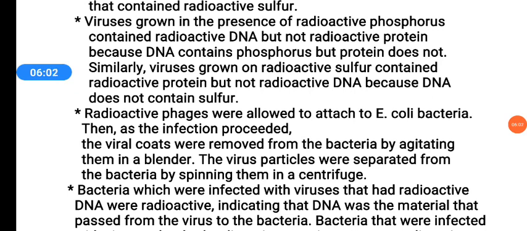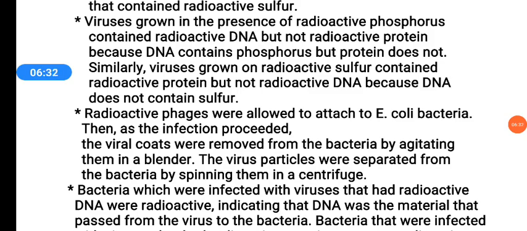The viral coats were removed from the bacteria by agitating them in the blender. The virus particles were separated from the bacteria by spinning them in a centrifuge. So here what happened, the radioactive phages, when we allow the E. coli bacteria, then the viral coats were removed from the bacteria. Okay, then those are separated by